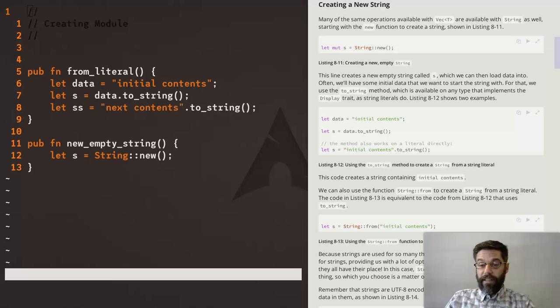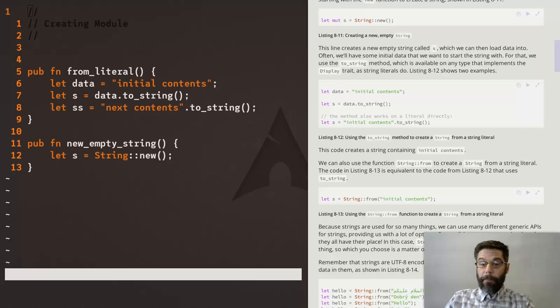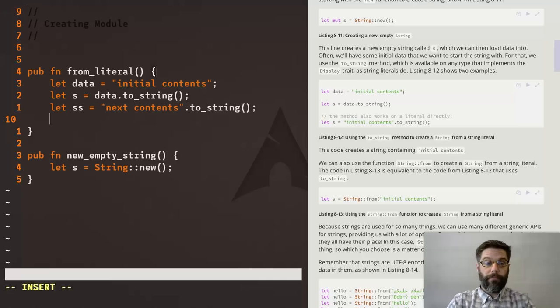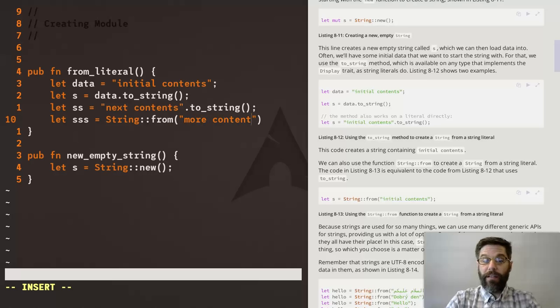The code in Listing 8-13 is equivalent to the code from Listing 8-12 that uses to_string. let s = String::from("initial contents"); Okay, let me put that over here as well. let sss = String::from("more contents");